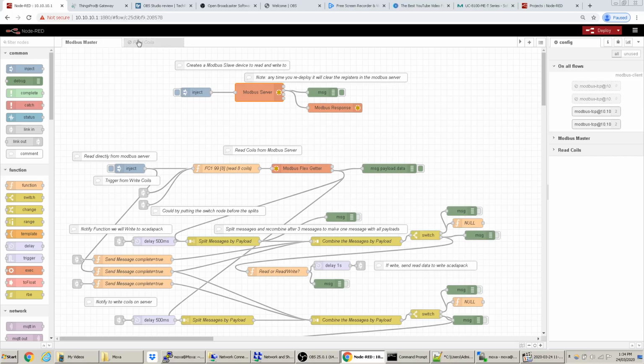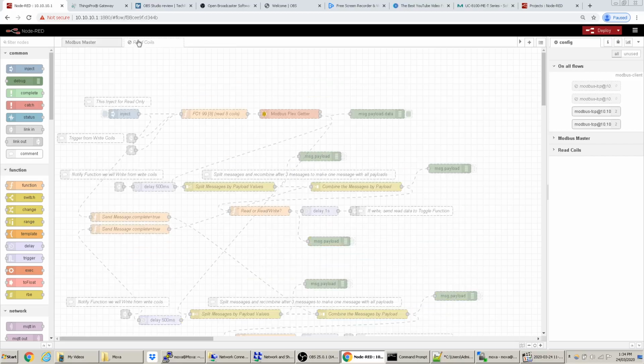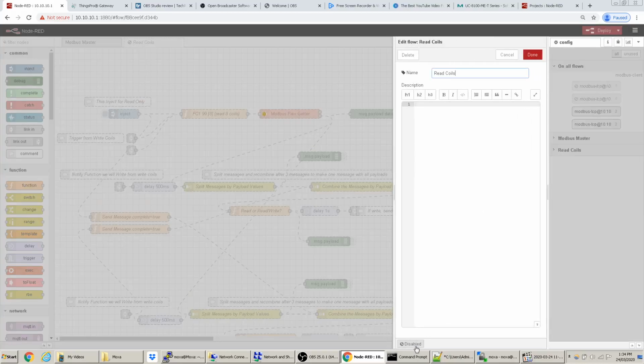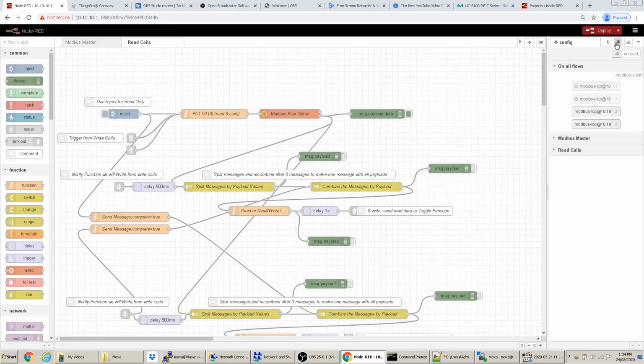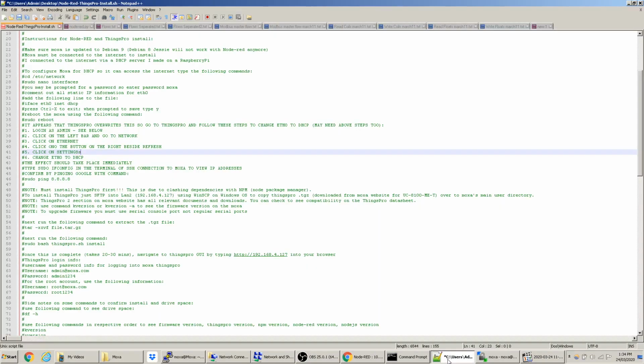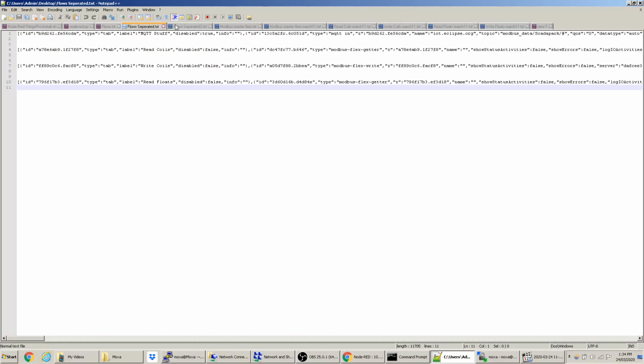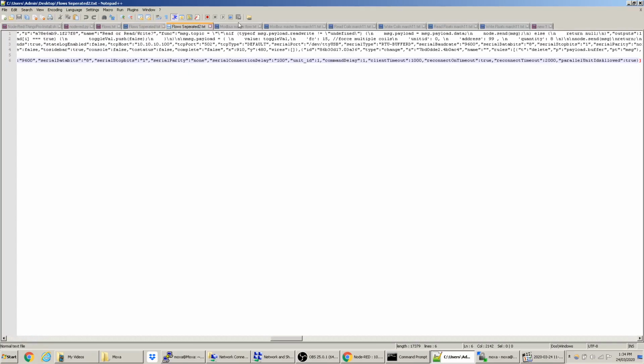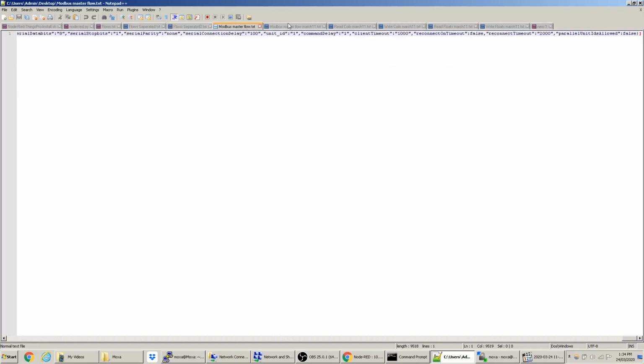Now, the next thing is I'm going to enable this, and I'm going to import some other stuff here. So I've saved them all. I believe these are up to date. See, I saved them kind of separated. I saved them all as one, but